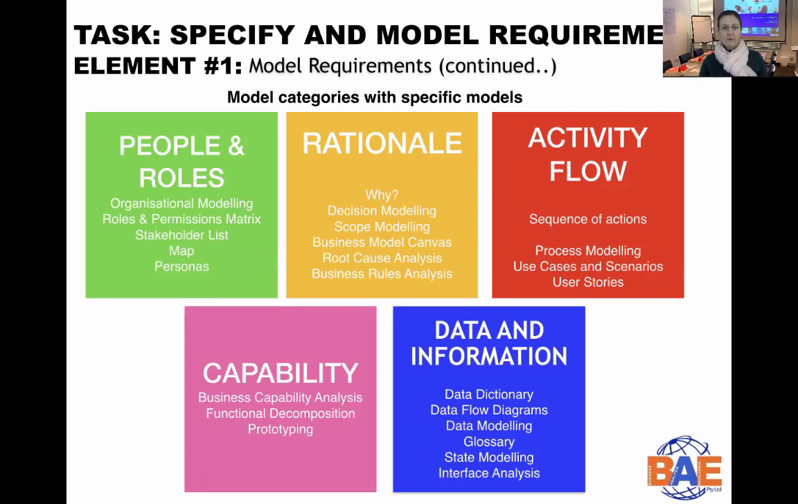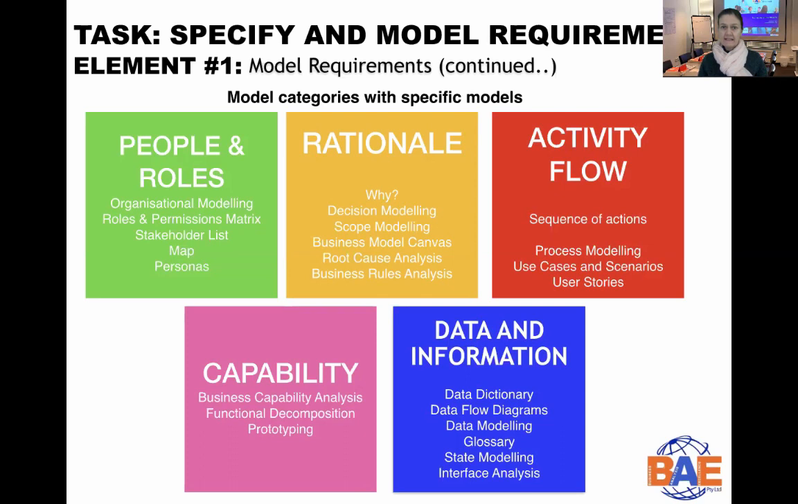So if you look at people and roles, you'll see that techniques such as organizational modeling, roles and permissions matrix, stakeholder list, maps and personas, these techniques are typically what we'll use when we would like to model requirements that relate to people's roles or people within the organization. The next category is rationale. So this is all about answering the question of why something is the way it is. And this is where we will use techniques such as decision modeling, scope modeling, business model canvas, root cause analysis,